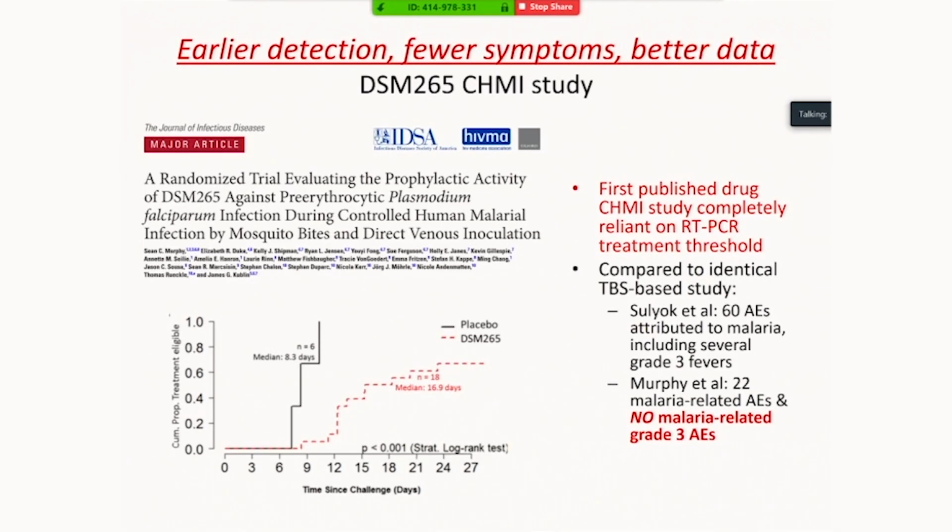We then did the DSM-265 study, which was a drug study in collaboration with MMV, where we found that when we used a molecular diagnostic endpoint, we did indeed detect infections earlier, we treated them earlier, and the patients consequently had fewer symptoms. And just to share a little bit of specific data, we did a cohort that was identically performed in Germany, except that in Germany they used a blood smear endpoint, and here we used our molecular diagnostic